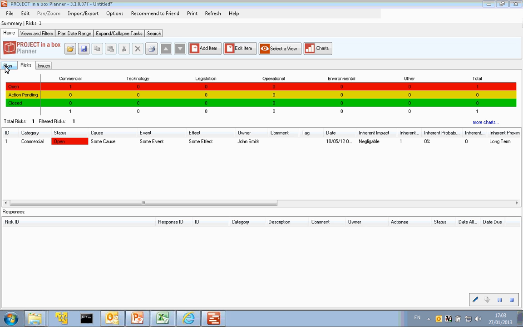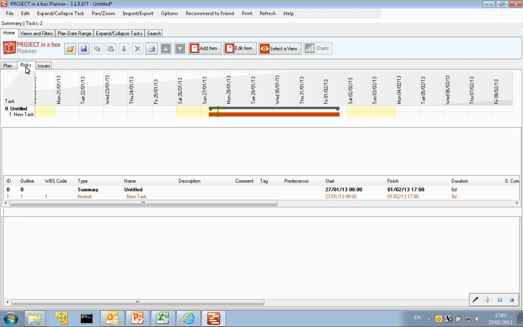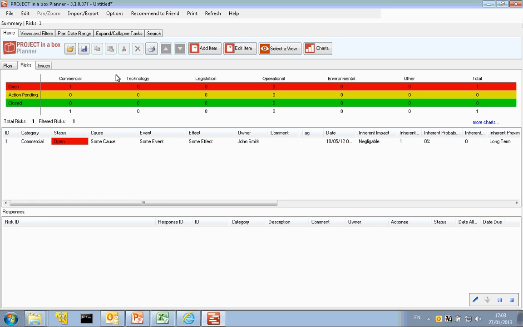If we've come into a normal blank planner file and it's a new one, there'll probably be all three tabs showing, and that would have come in on plan, and we've simply clicked on the risk tab to move into the risk side. It may be that you don't have the other two tabs showing and it's just a risk register, and to show that I'm just going to go and do that now,